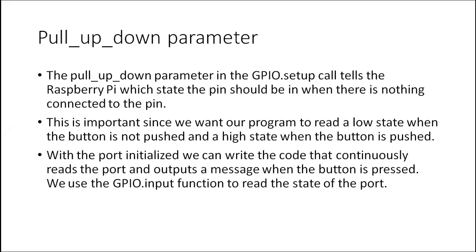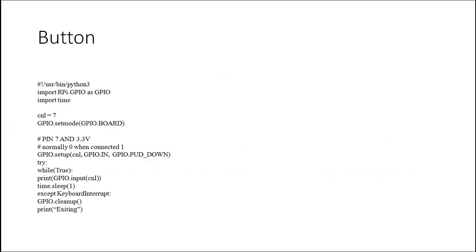That means when the button is in a not pushed state, it will be in a low state. When the button is in a pushed state, then it will be in a high state. So by using whether it is in high state or low state, we can program whether the user has pressed the button or not. So in the next slide, we have a simple program which is used for reading the value from the button.